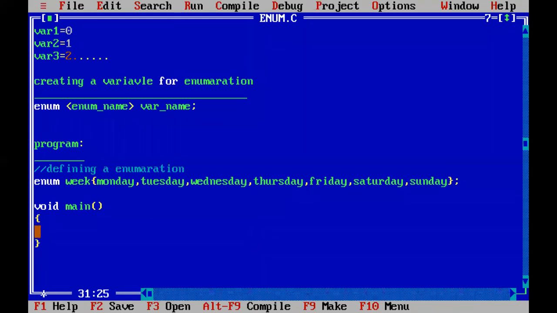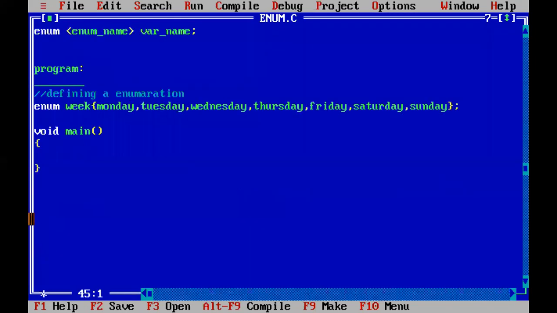Now I am going to declare a variable for enumeration week.